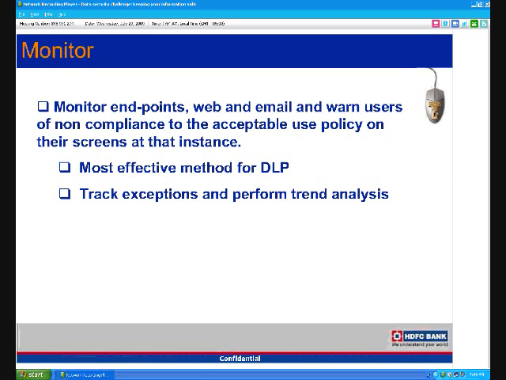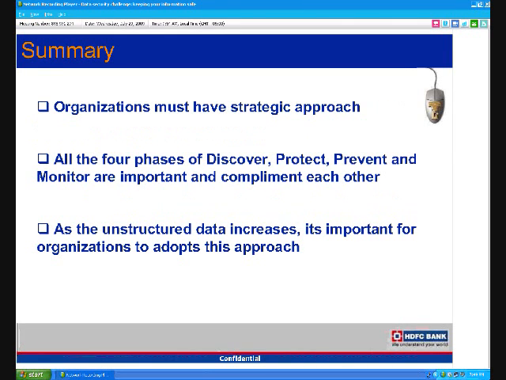So to summarize, if you look at data protection, you need to have a holistic strategic approach towards it. It has to have all these 4 different components addressed one step at a time. But there are certain areas which you can start earlier, and others which you may want to start as the organization matures.